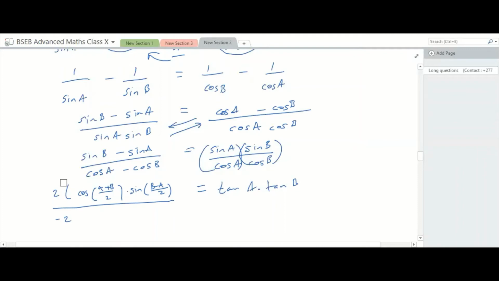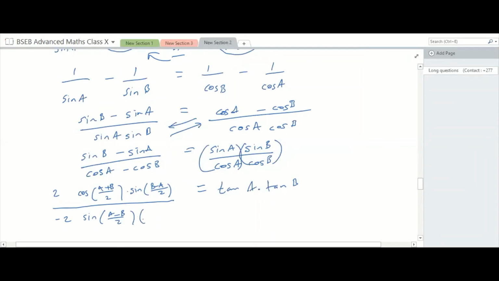No need to write this, it's 2 times, so minus 2 sine, for cos, you're just going to get sine of (A minus B) over 2